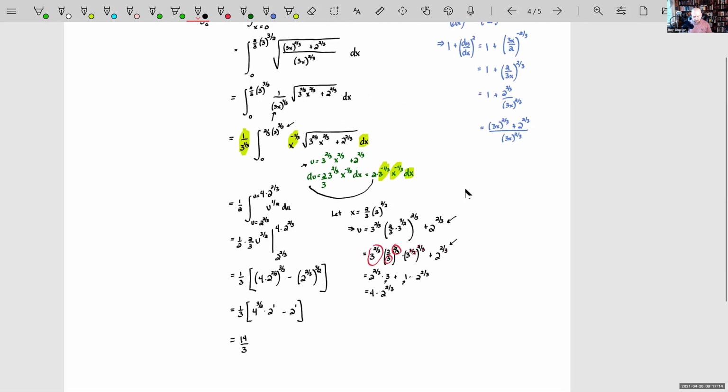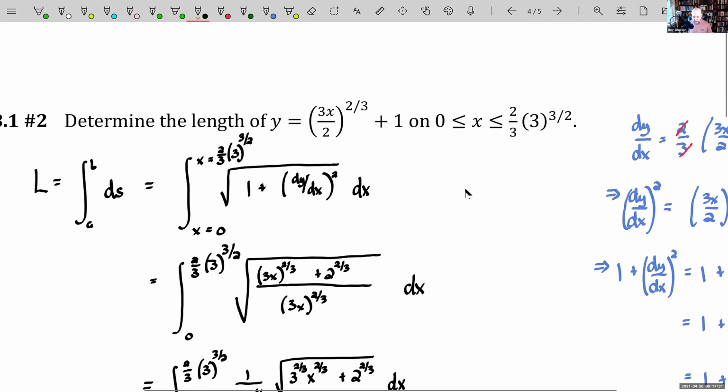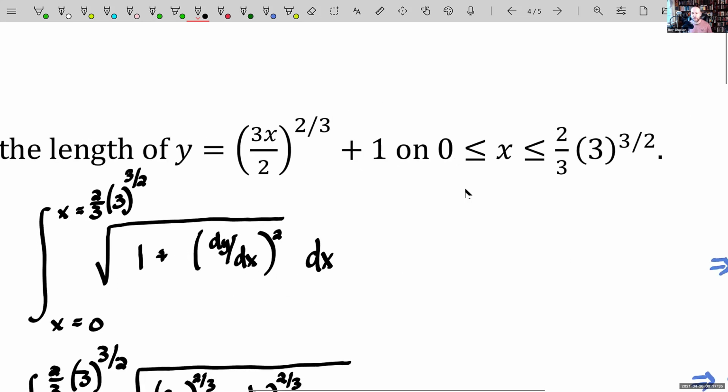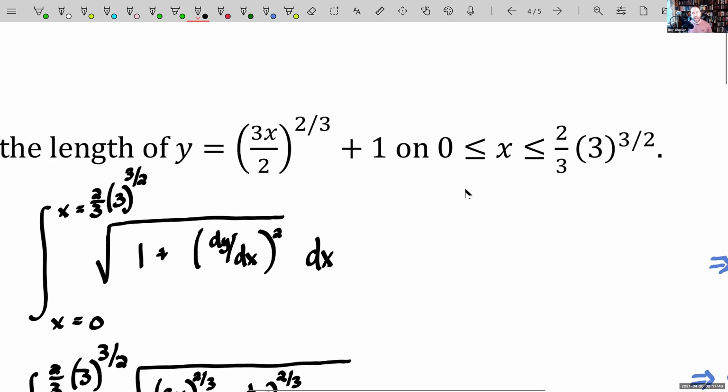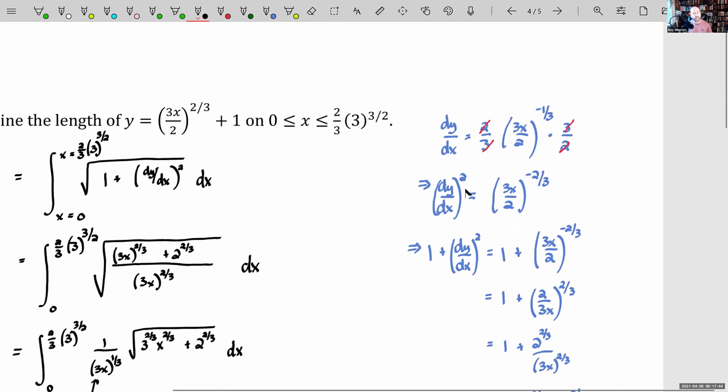Now, let me just tell you that this is an enticing problem to go the wrong way. What I mean by that is it's written to make you not think, because it's written already solved for y. Y is equal to a function of x here, and they give you the interval x going from 0 to 2/3 times 3 to the 3/2. However, if you took the time at the beginning to say, I wonder if I could do this in terms of x,